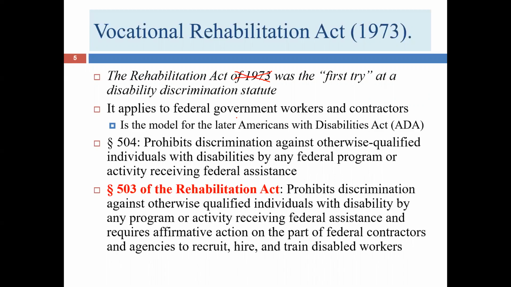But unlike Title VII and the Age Discrimination in Employment Act, this particular statute was just focused on federal government employment and employment by a federal contractor. In other words, a private entity that has entered into a contract with the federal government. So it had a smaller scope. I think the logic here was, let's see how this law works with a smaller group of employers. And if it's successful, of course, we can always expand it. If it isn't successful, we can repeal it.